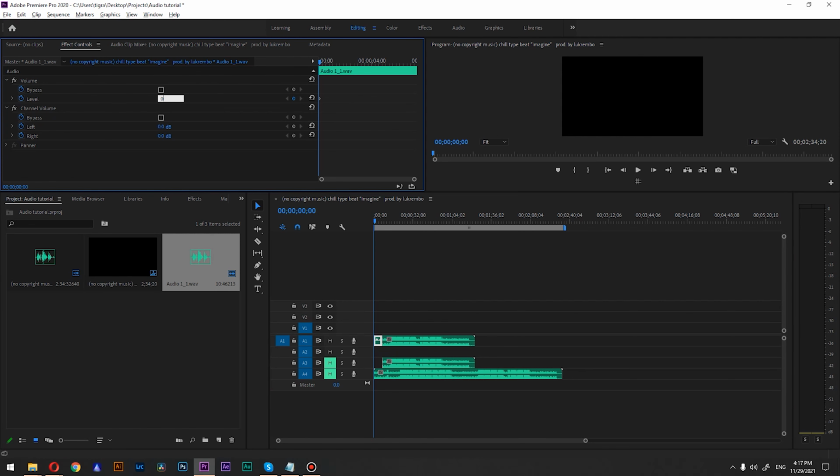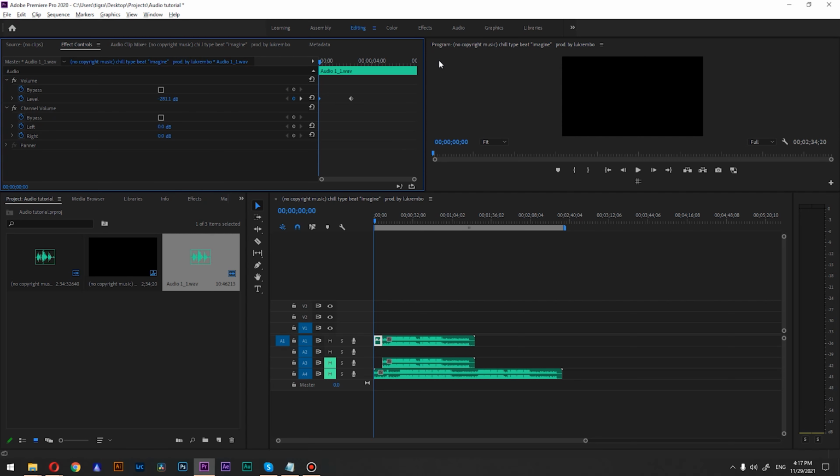Let's go to the 0, and it will create the keyframes for you. If you want to go gradually from silent to full audio, you can go something like this, go a bit up and go to the 0. That way it will go from silent to full audio.